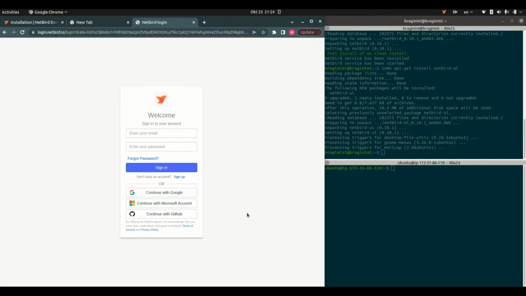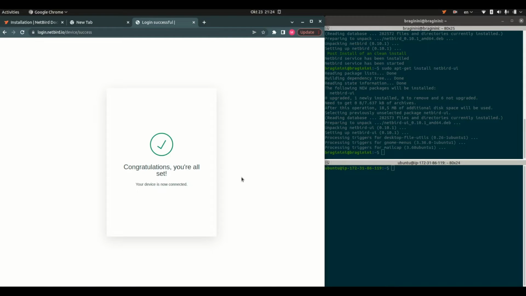You can choose to sign up with username and password, or a social login like Google, Microsoft, or GitHub. If you are using Google Workspace or Office 365 in your company, it will also work. I will use my corporate Google account. After a successful device registration, I will check the NetBird web panel at